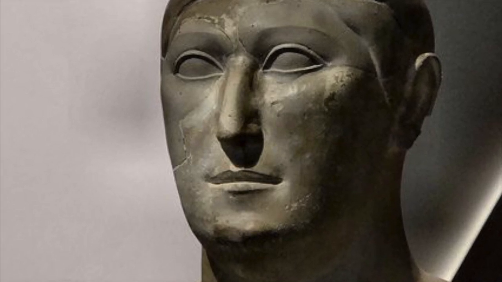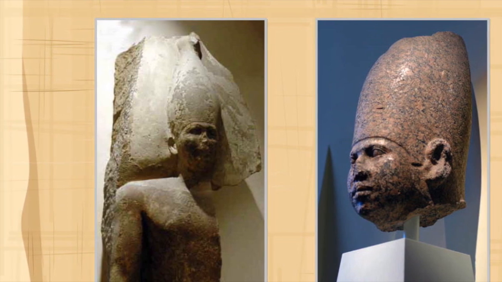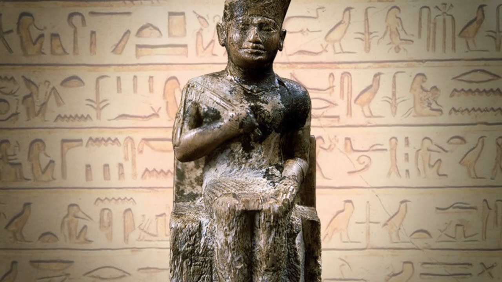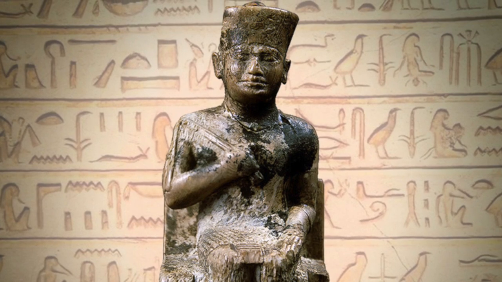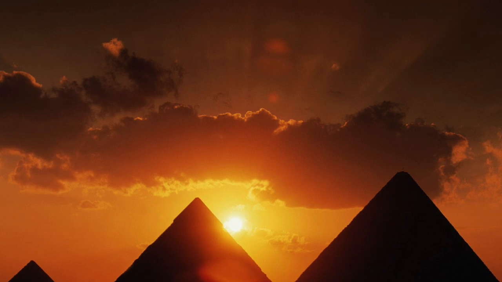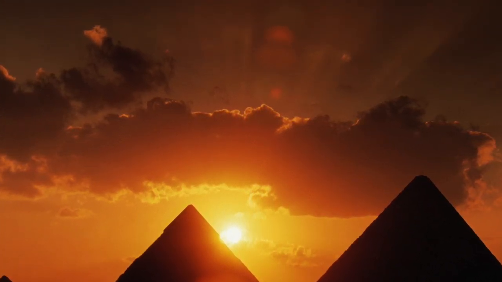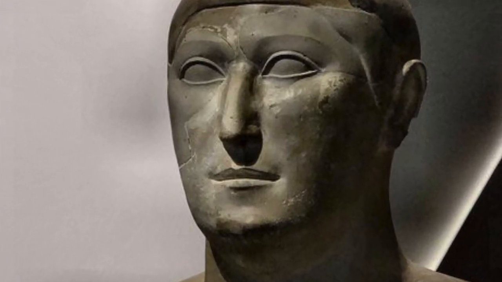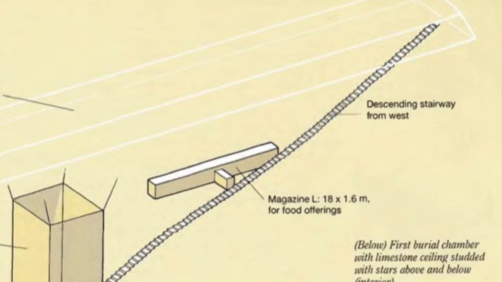Now, Brier here points out something very interesting. The architect Hemenu was Sneferu's son. That means the architect of the Great Pyramid of Giza was either the brother or half-brother of Pharaoh Khufu. If this is completely true, then it adds another dimension to the usual, well, the pyramids weren't built for the pharaohs theory, but this is something I'll have to address more fully at another time. Brier informs us that Sneferu had many wives, so we can't be sure of the exact relation of Hemenu and Khufu, but I found this super interesting all the same.